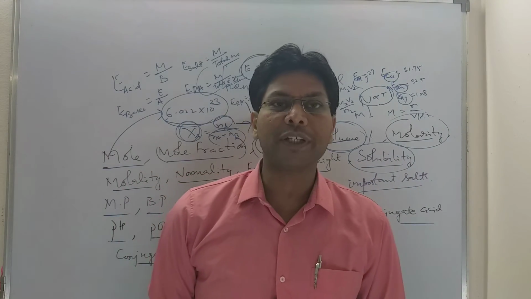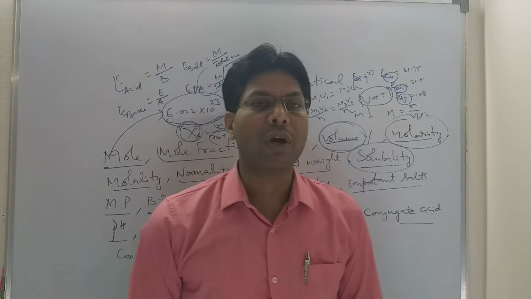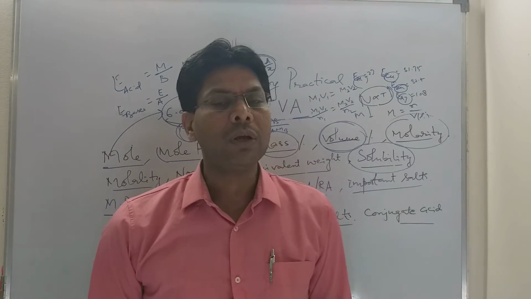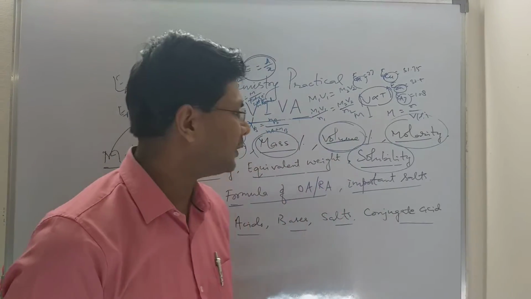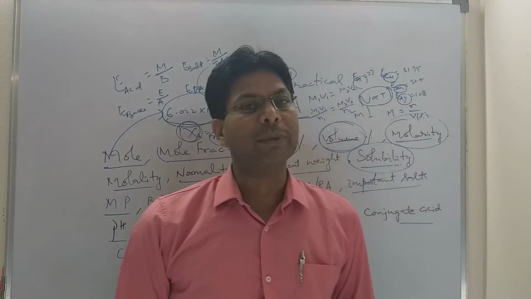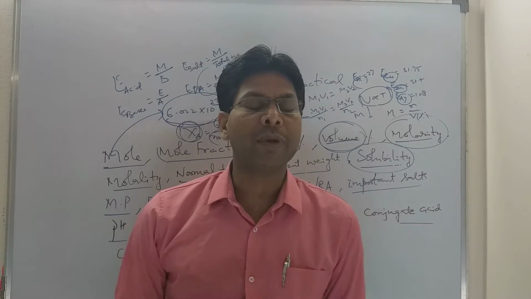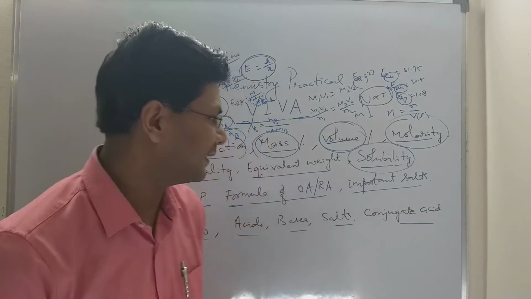One of the best solvents is water, which is the elixir of life. As you know, most of the substances dissolve in water, which are able to form hydrogen bond with water, or which are able to break the hydrogen bond already present in water. So solubility is the maximum amount of solute that can be dissolved at a particular temperature and pressure. So whenever we write the solubility, we make sure that the temperature is also mentioned there.